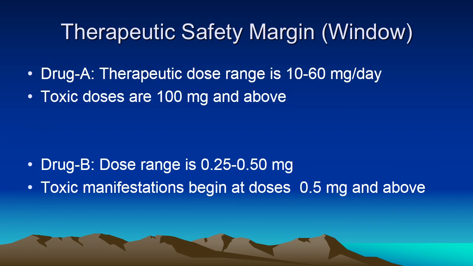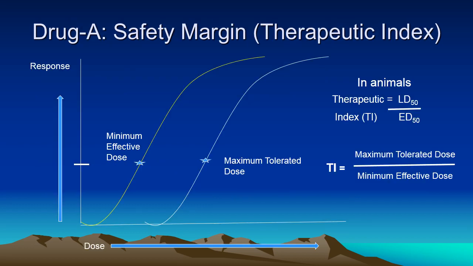Let us understand the safety margin or therapeutic window of a drug. Take a hypothetical drug A whose dose range in therapy is 10 to 60 mg per day, but when the dose is increased from 100 mg onwards, toxic manifestations occur. But there is also a drug B whose dose range is 0.25 to 0.5 mg only, and toxic manifestations begin at doses of 0.5 mg. This is the dose response curve or dose effect curve and dose toxic effect curve,